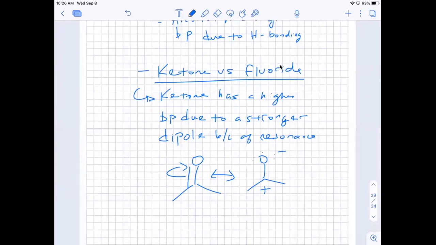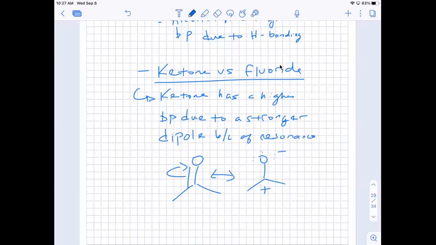Any questions about that? If it's not clicking, say something. So what you're doing in these particular cases is you're looking at molecules, you're looking at what intermolecular forces are present, and you can basically make an assumption about their physical properties. If you compare something that is held together by hydrogen bonding to something that's held together by simply van der Waals, then you can make the assumption that the hydrogen bonding molecule is going to have a higher boiling point, or a different melting point or freezing point, and so on and so forth.